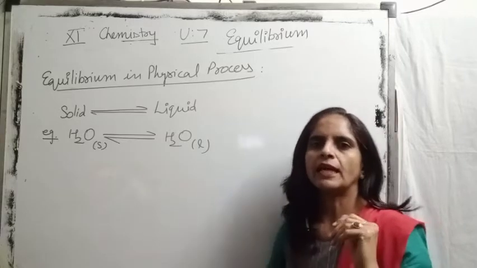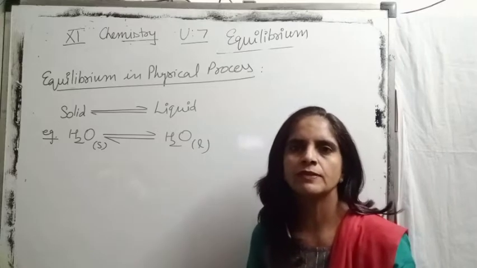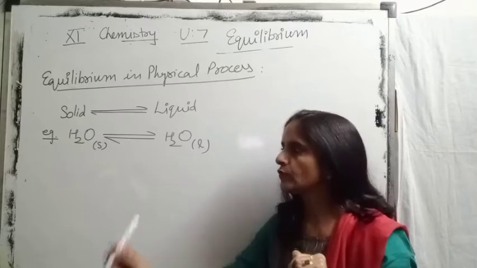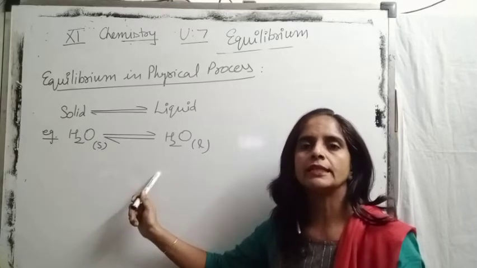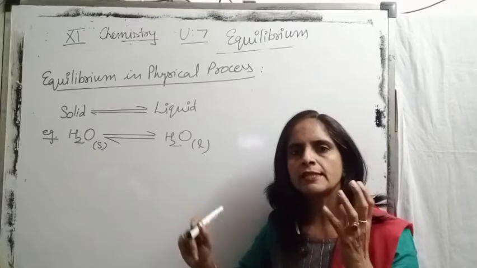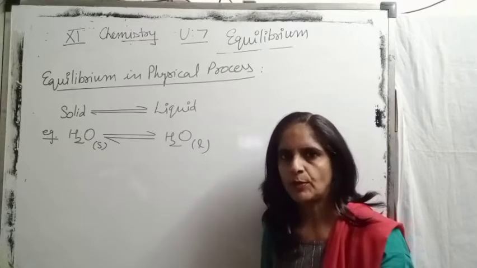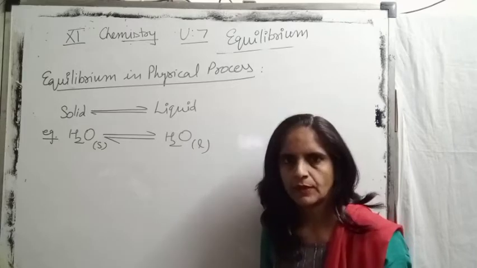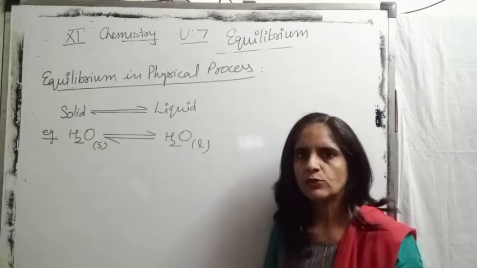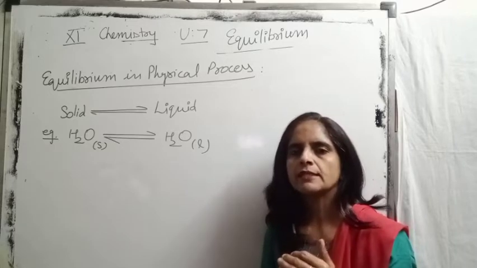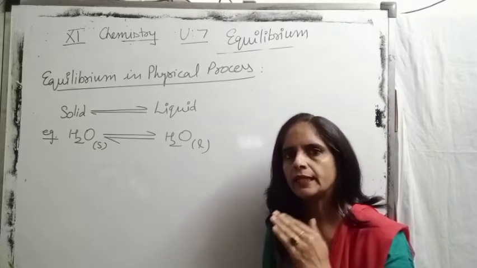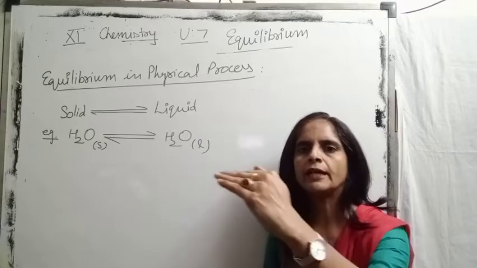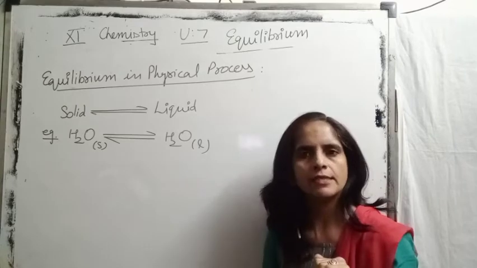If you remember in thermodynamics, we talked about three types of systems: open, closed and isolated. So for this equilibrium, we need an isolated system. So take some amount of ice as well as some amount of water into an insulated flask. When you take these into a thermos flask, now what happens? As the container is perfectly insulated, no exchange of heat and matter is taking place with the surroundings.